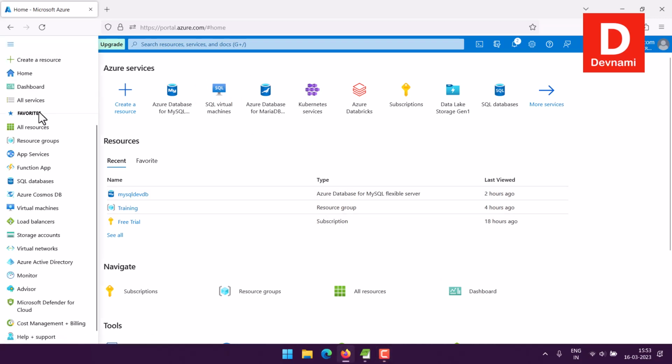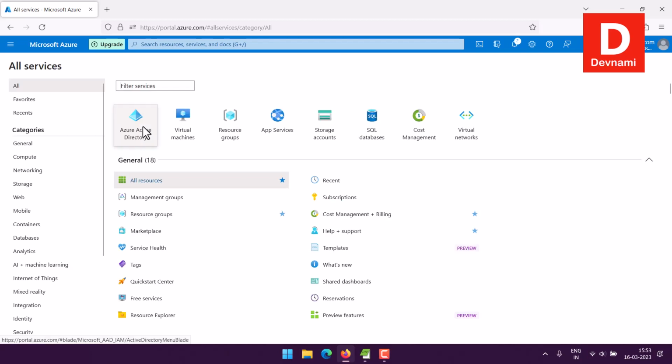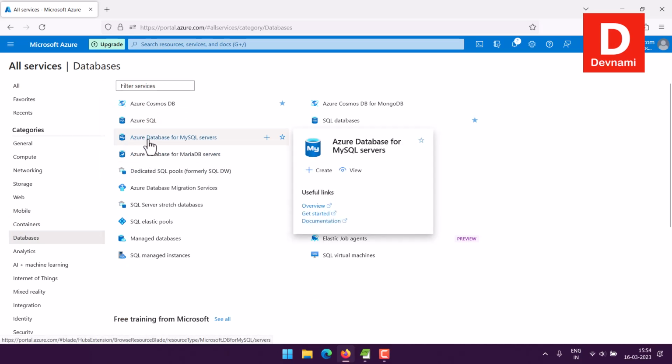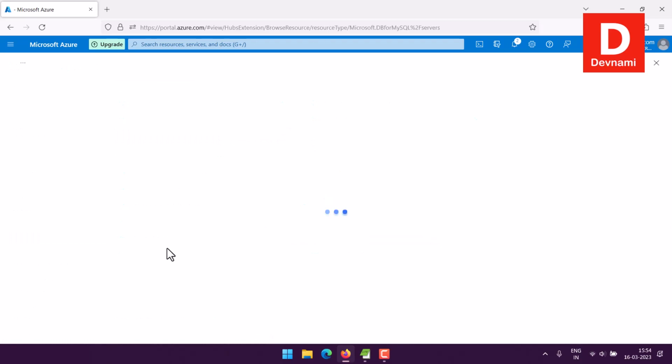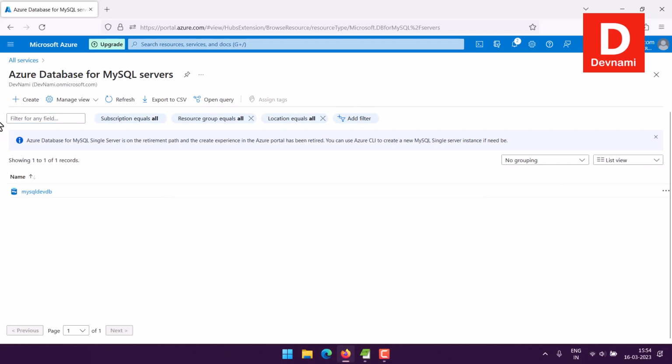Now here we have the services option, and within services I'm going to find database, right? Let's click on database, and here you will have Azure Database for MySQL server. Previously it had single server, flexible server, and enterprise options. Now we only have flexible server as an option. So let's go there. Currently I have one instance running, but I will show you the process to create that instance. So click on create,